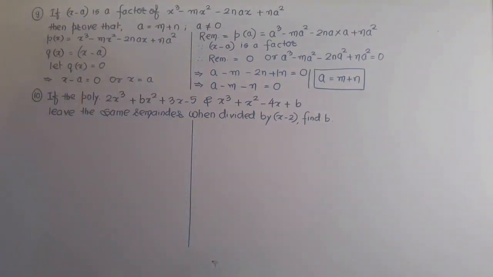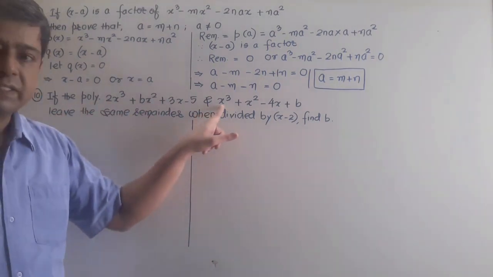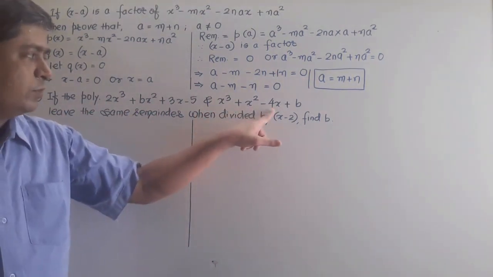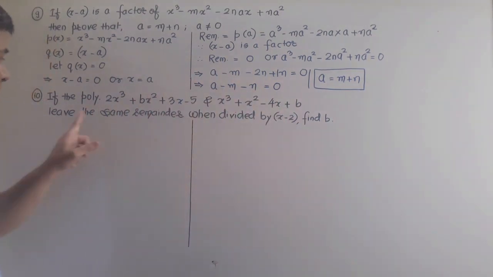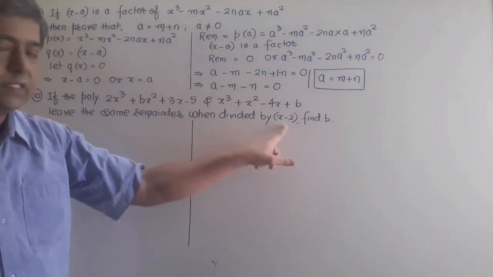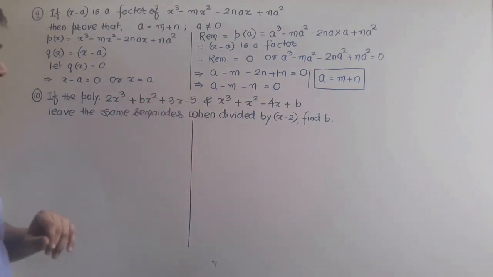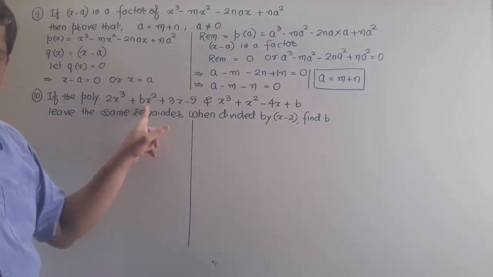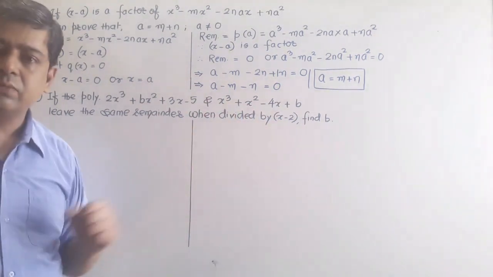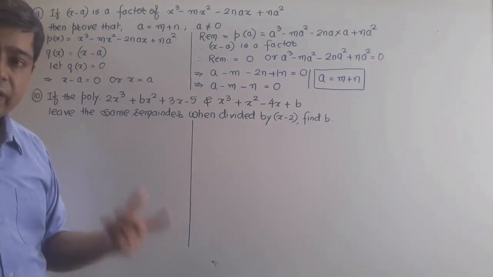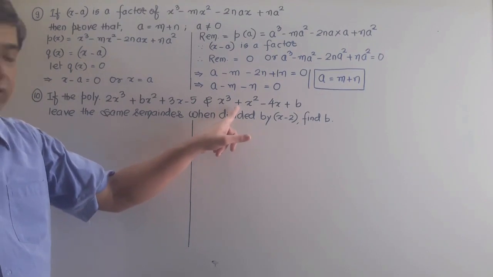Now let us see the next question. It is question number 10. In the 10th question, what is given is that the polynomial 2x cube plus bx square plus 3x minus 5, this is the first polynomial, and the second one is x cube plus x square minus 4x plus b, leave the same remainder when divided by x minus 2. This means if you divide the first polynomial by x minus 2, suppose the remainder comes equal to 5, then the same remainder 5 will come